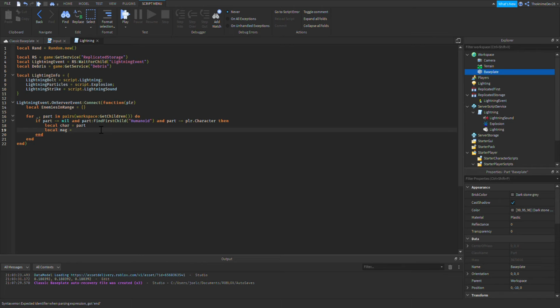And the distance between two vectors is going to be the magnitude. So magnitude is the distance between two objects without taking into consideration direction, such as a scalar value. So this is all we need, just the amount of players. It's like a bubble, think of it like that. So if we have a character, for example,